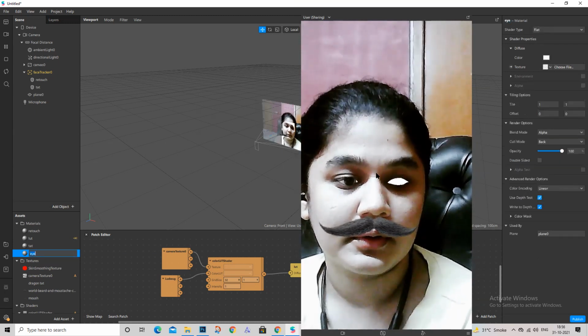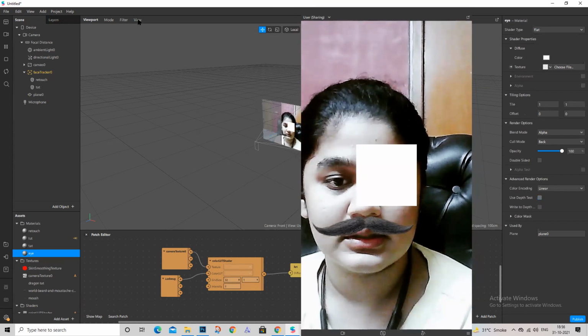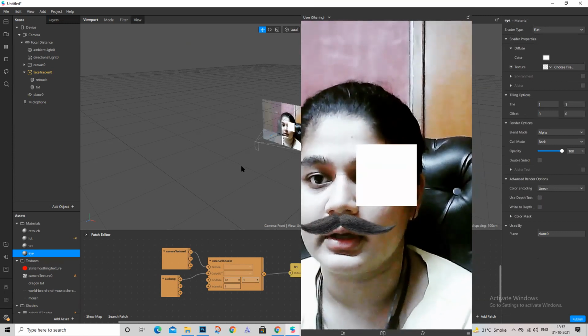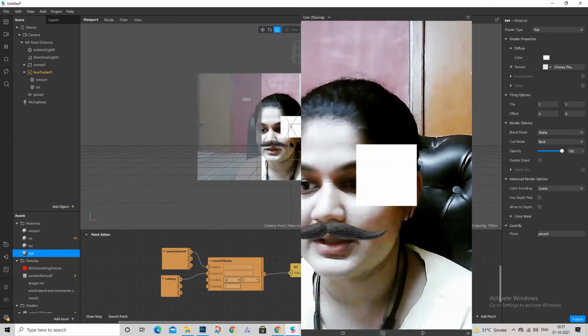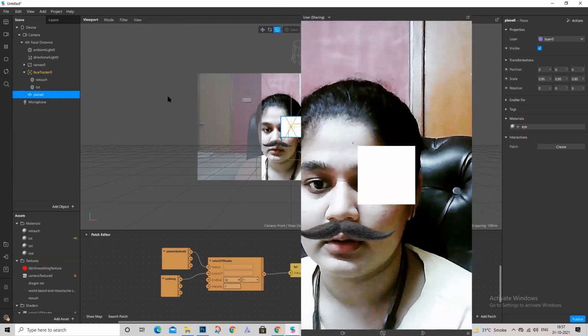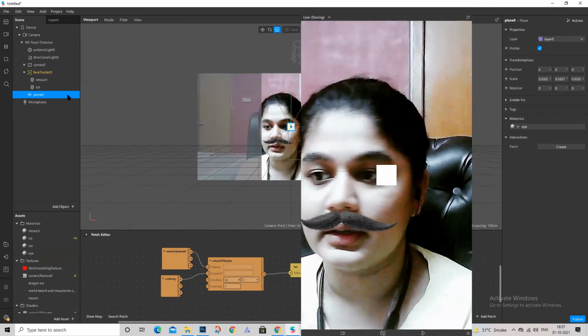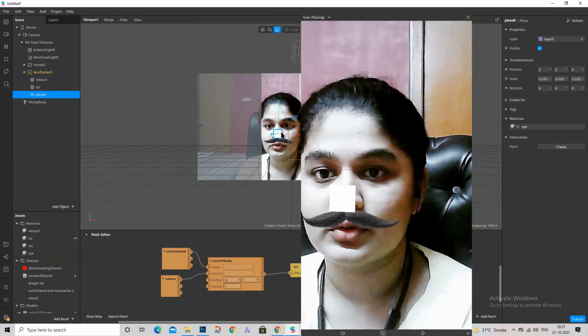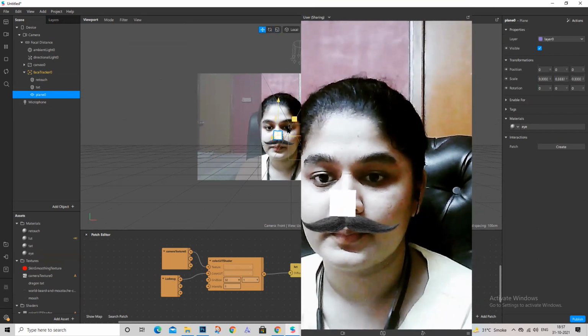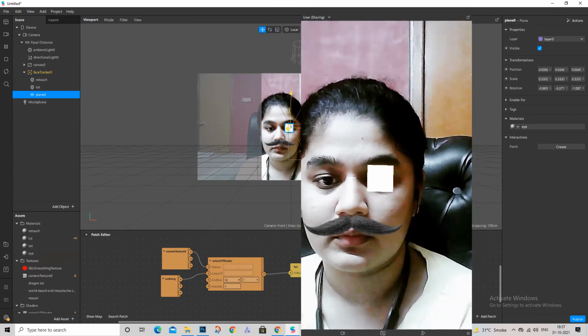And I'm going to scale it approximately. It's going to be inside your face tracker, by the way. I'm going to scale it a little bit.